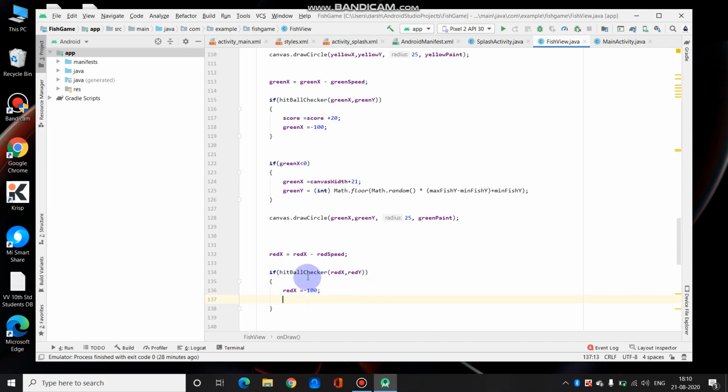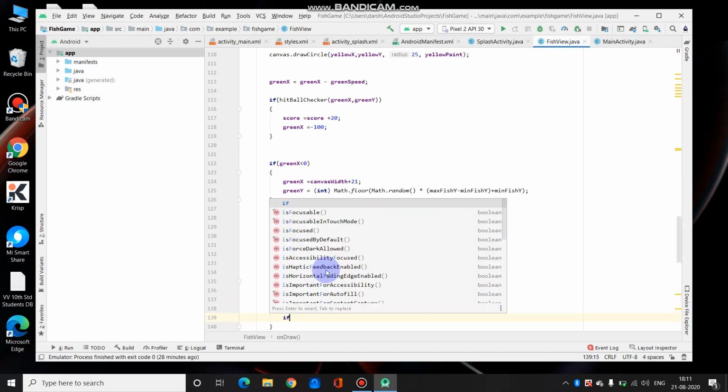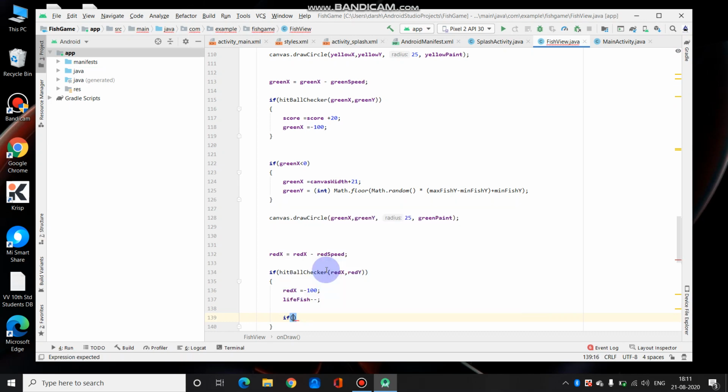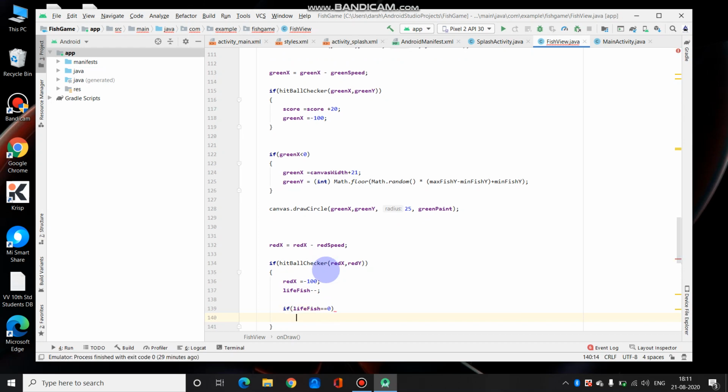So whenever the fish is going to hit the ball, the life should be decremented by 1. So it is life fish minus minus. Minus minus means decrement by 1. And now inside this, if life fish becomes 0, so if life fish is equal to 0,